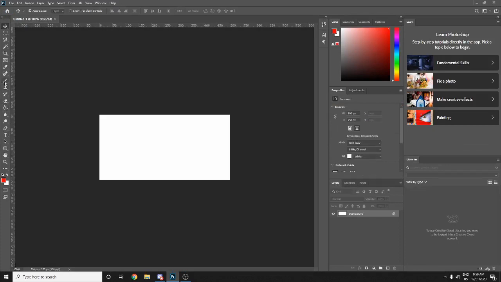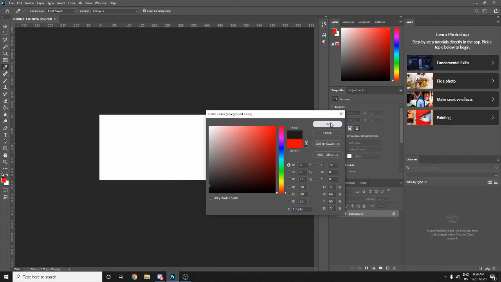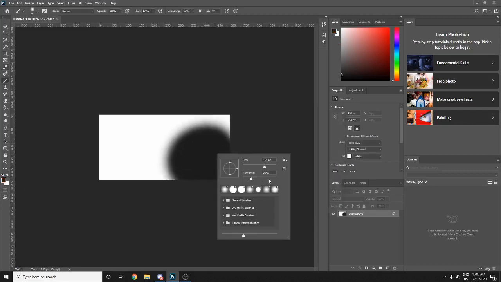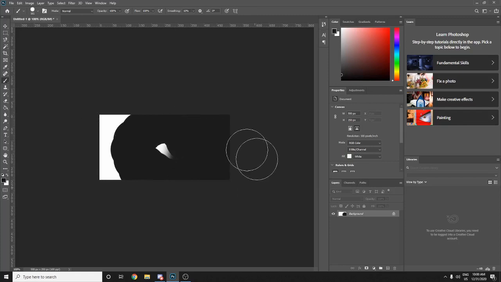Okay, so the first thing I'm going to do is color the background in some dark gray color like this. Let me just set hardness to 100. Okay, like this. Now what you're going to do is head over to Google,